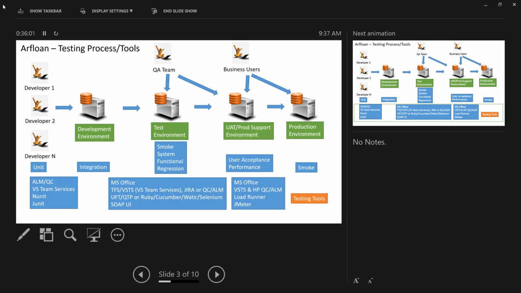But the core thing: can I write the test cases? That's your core. Tools can change over time. People will come up with new tools, but your writing process, or understanding or analyzing the requirement, doesn't change. That's the core. Without understanding writing the test case, you can't automate anything. There is no automation. So make sure you keep working through that process. You have to be able to write that.